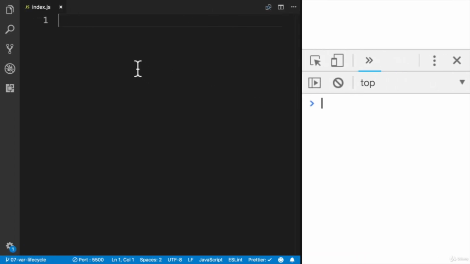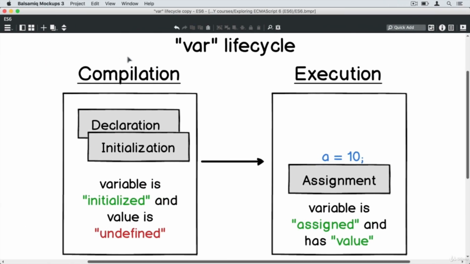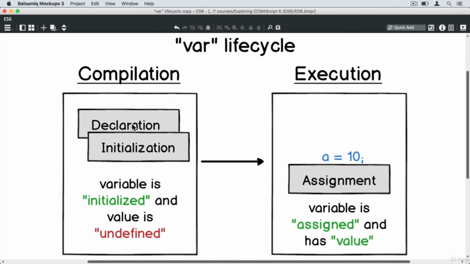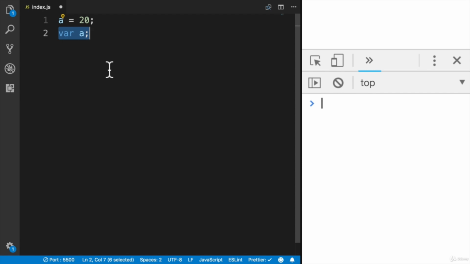Let's declare variable var a, and before its declaration, I'll assign a value to it, a equal 20. What happens here? When the JavaScript engine performs the compilation phase, it scans this code and finds all variable declarations, and it finds this line. And when this line is found, those two phases, declaration and initialization, are performed by the JavaScript engine, and the variable gets